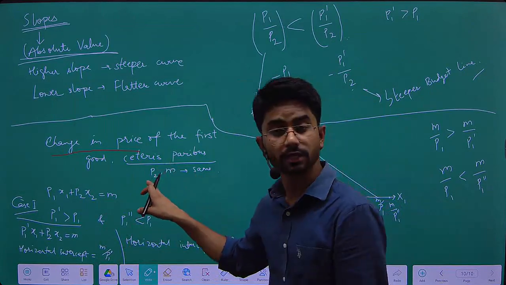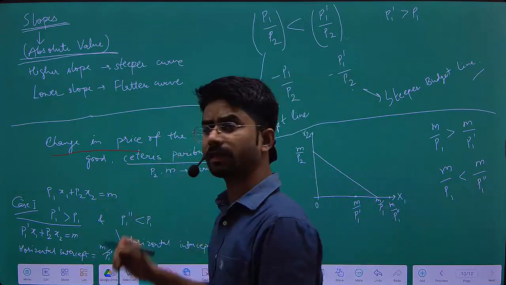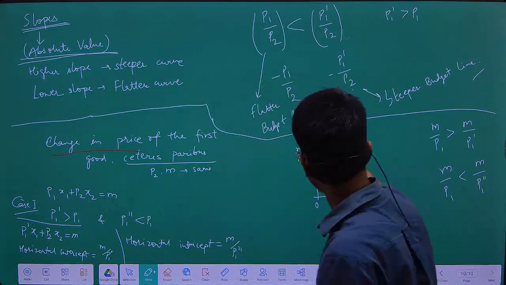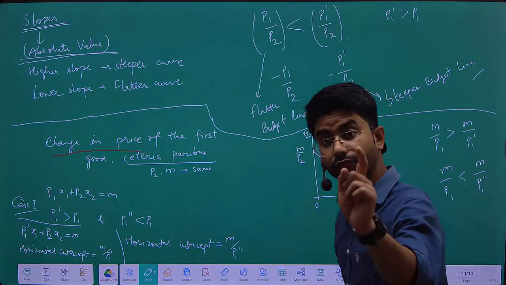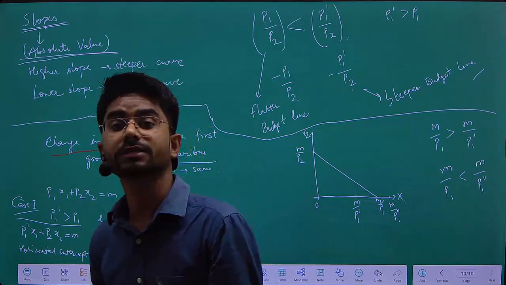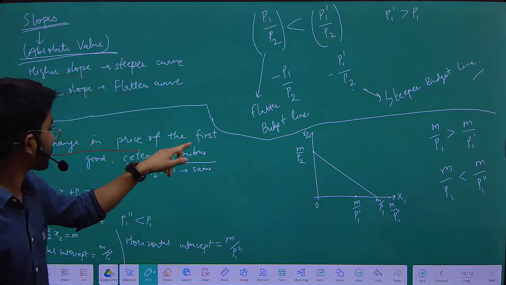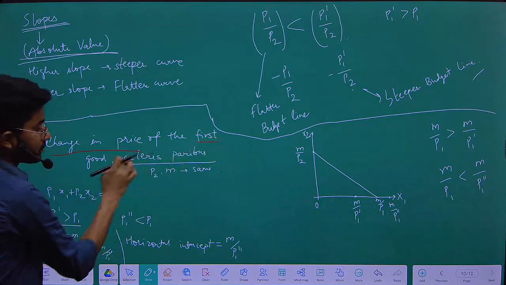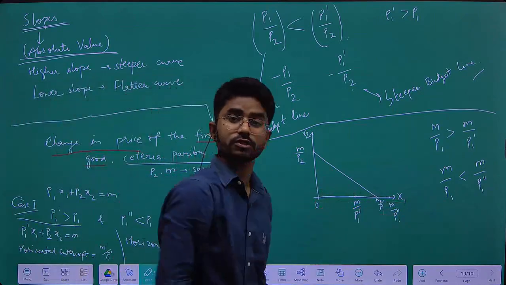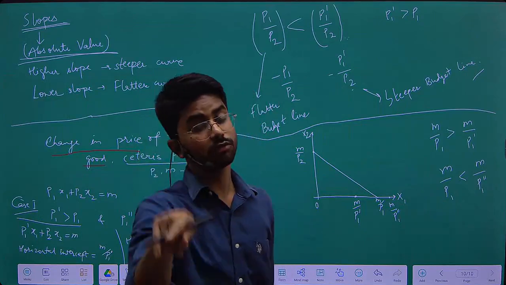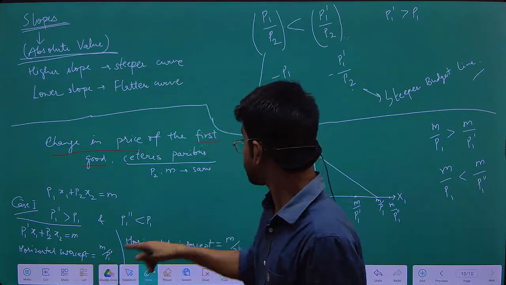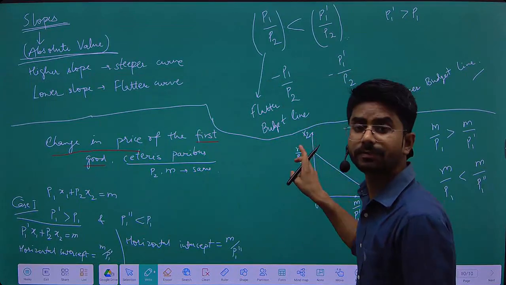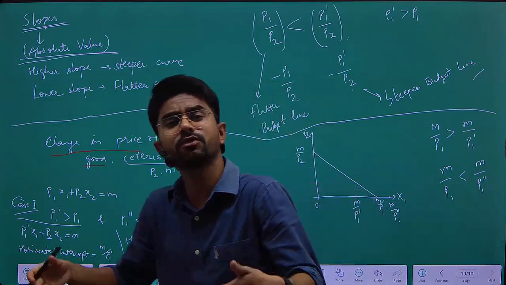If the price of the second good hasn't changed, and the money income hasn't changed, why would the ratio M by P2 change? That won't change. So it will stay here. So the vertical intercept will not change when only the price of the first good is changed. जिस commodity का प्राइस चेंज हुआ है उसका इंटरसेप्ट तो चेंज होगा, लेकिन दूसरे गुड का नहीं होगा। क्यों नहीं होगा? क्योंकि उसमें जो रेशियो मिल रहा था M बाई P2 का, ना M चेंज हो रहा है ना P2 चेंज हो रहा। जब इन दोनों में कोई चेंज ही नहीं है तो इंटरसेप्ट चेंज होगा ही नहीं।